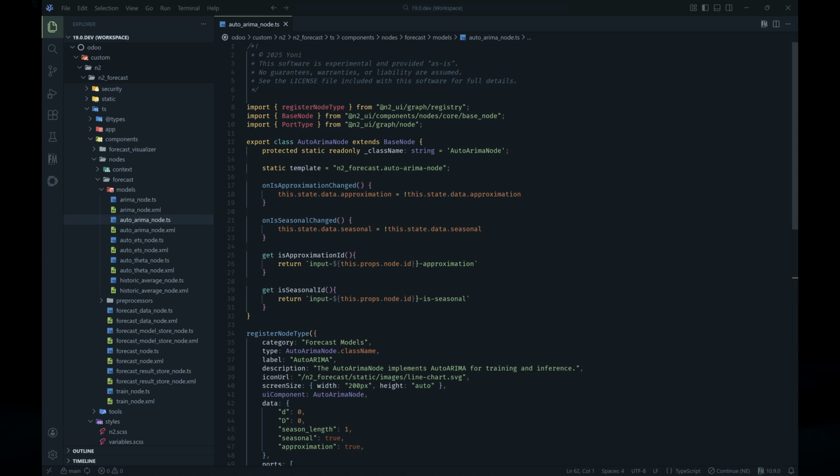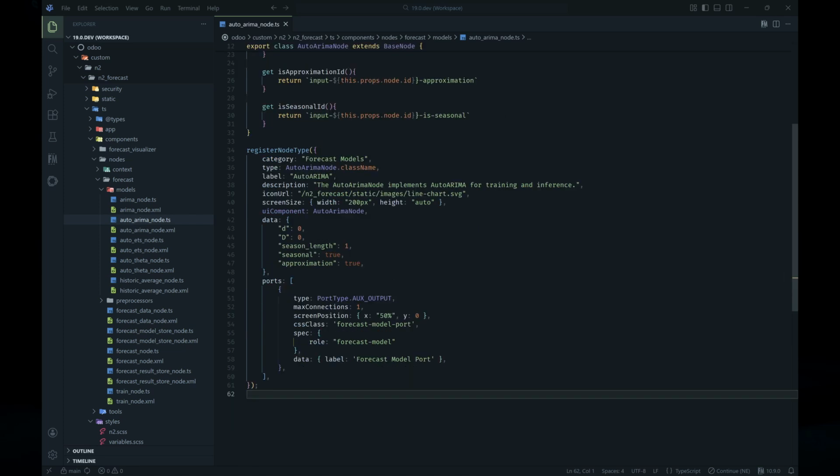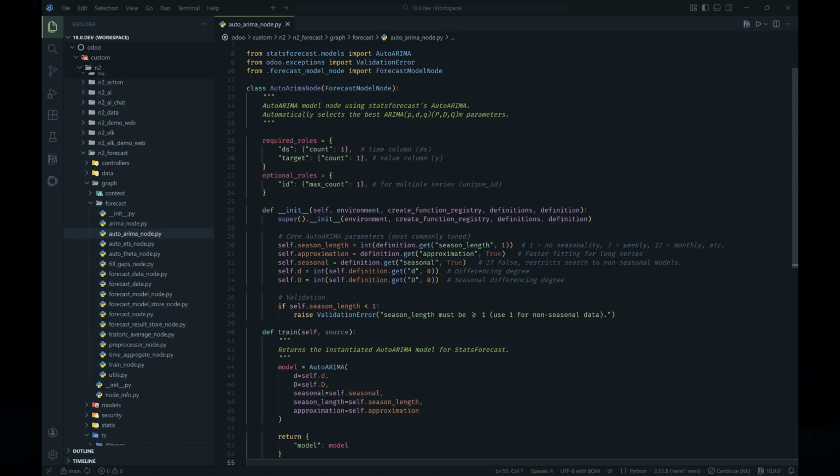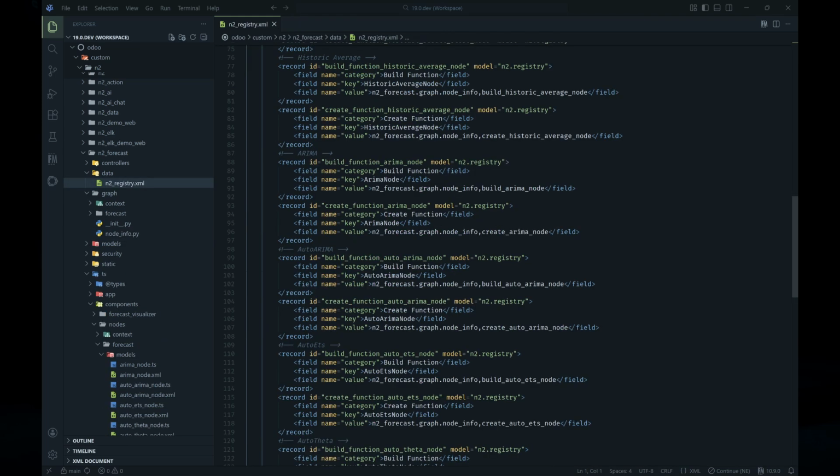In N2, each node has two sides, a backend side and a frontend side. The frontend side uses two files, similar to regular OWL components, one for the template and one for the logic. This is where users configure the forecast parameters. The backend side is a single Python file responsible for creating the forecast model itself, using the parameters provided by the frontend. The remaining files are simply there to register the node in the N2 node registry, so it